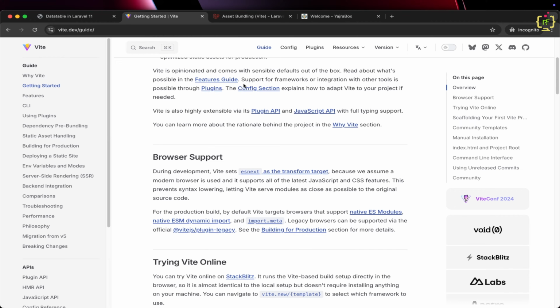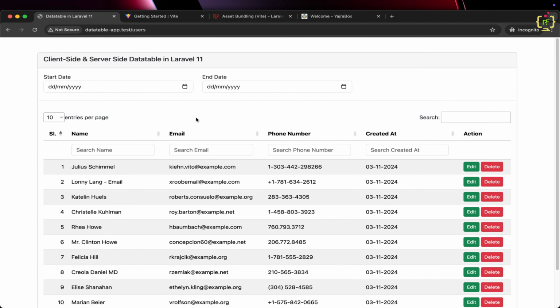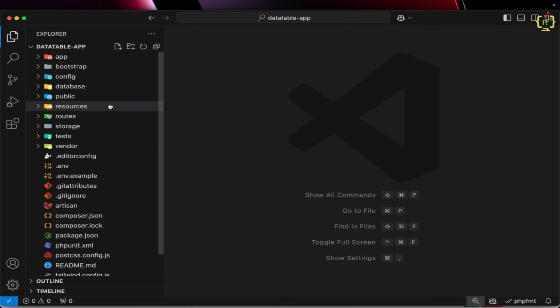But before getting started, let's know why this approach is needed, or why should you care about this modern approach. Answer is very simple. Let me break it down for you. First, no more dependence on CDNs. If I show you the previous project architecture, and if I come to the project folder, inside the